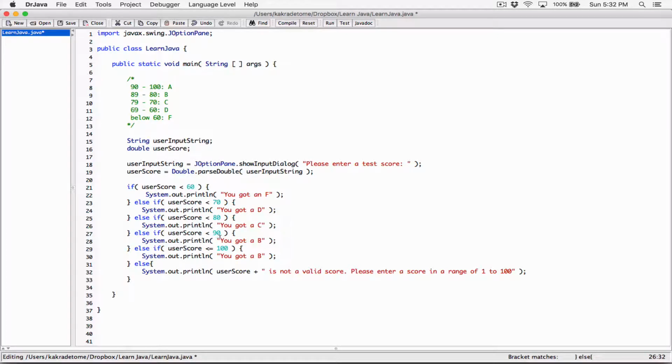All right, so if your score is not less than 60, not less than 70, not less than 80, not less than 90, then that means that your score is 90 or above. Now, we could have written an else statement to account for anything 90 or above and say that you got an A. But then if the user got, let's say, 105, that's not a valid score. And so we are defining a range ourselves and saying that if your score is not less than 90, and we know that your score is 90 or above,